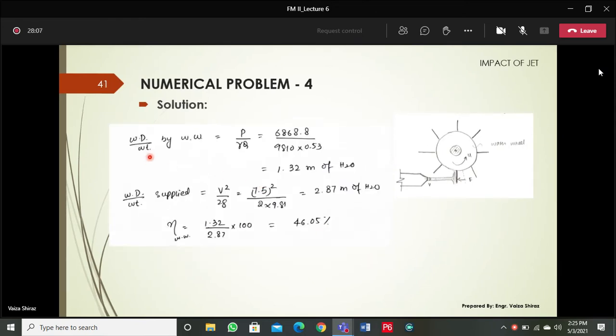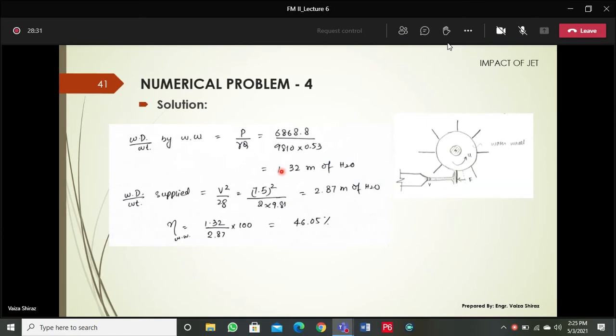Work done per weight, that is the output power in terms of the head, is P over gamma Q. Over here you can see I have not written the equation for work done per weight. Simply, you have already found the power. Put in the values directly and find the answer. This is a better approach compared to writing down the equation for these relations.